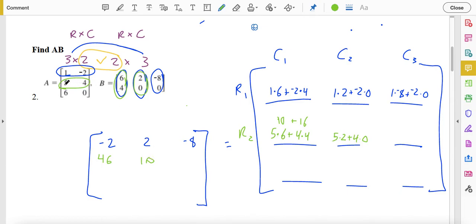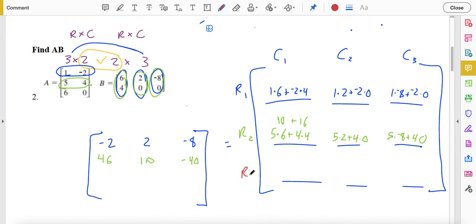Okay, then finally I take my row 2 times column 3 here, 5 times negative 8, plus 4 times 0. So 4 times 0 is 0, 5 times negative 8 is negative 40. All right. Finally,